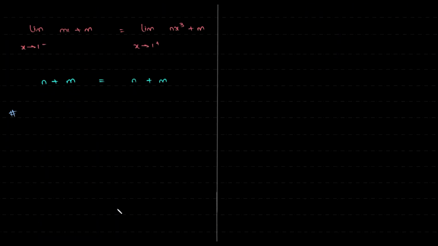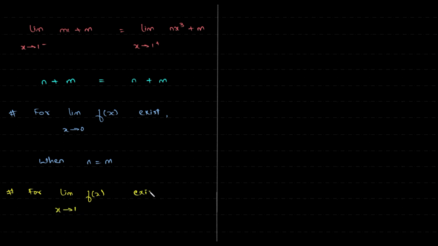So the first one is, the limit as x tends to 0 of f of x exists when n is equal to m, and the limit of f of x as x tends to 1 exists when we have